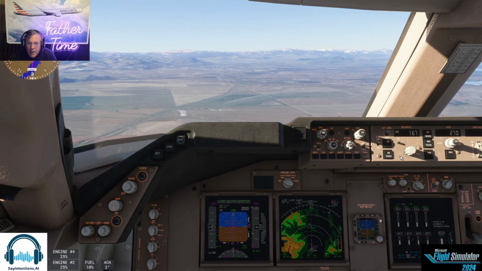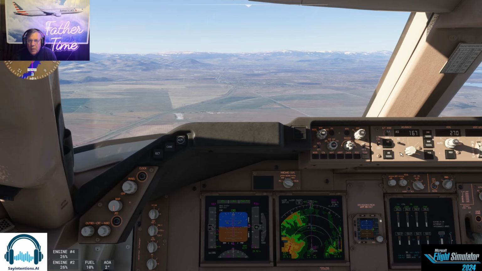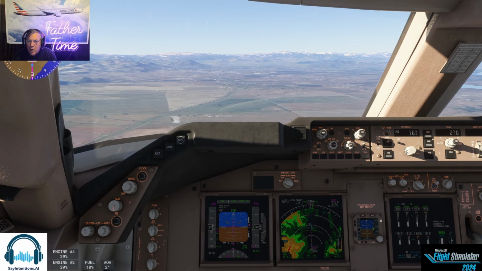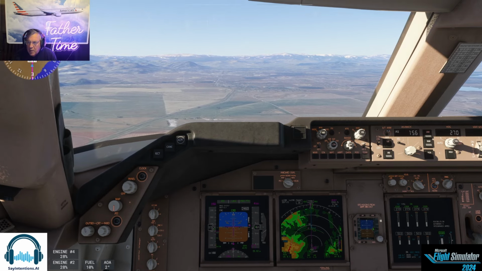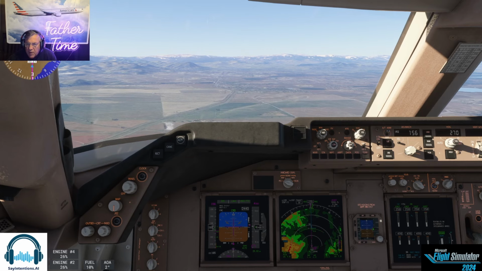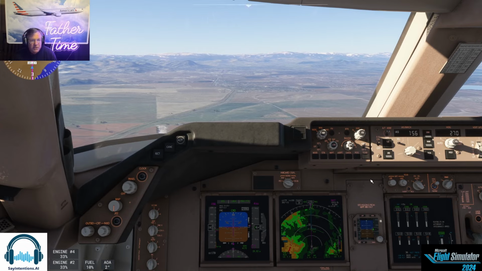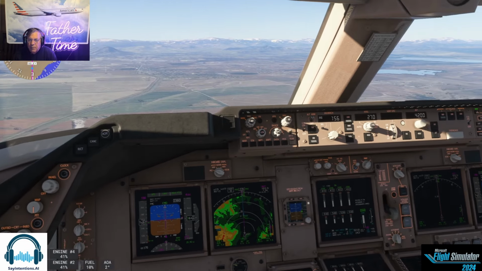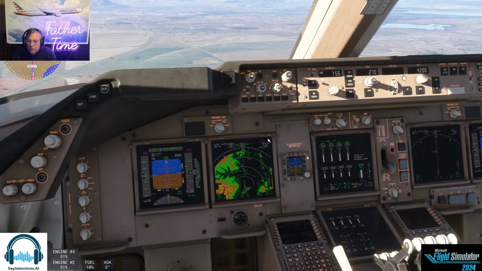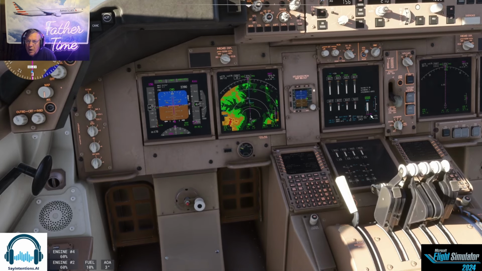Let's go flaps 20. We can bring our speed all the way back. And flaps 30. Forward landing checklist. Forward landing checklist is gear, flaps, brakes, spoilers are